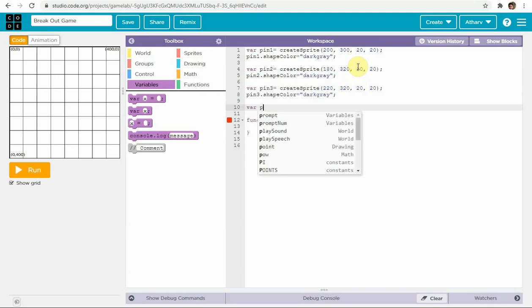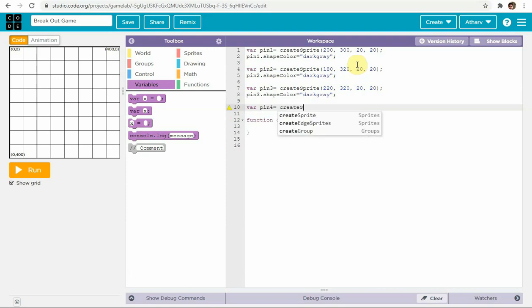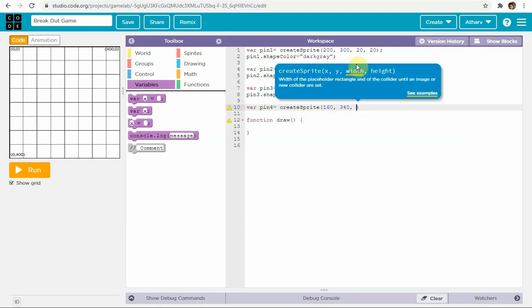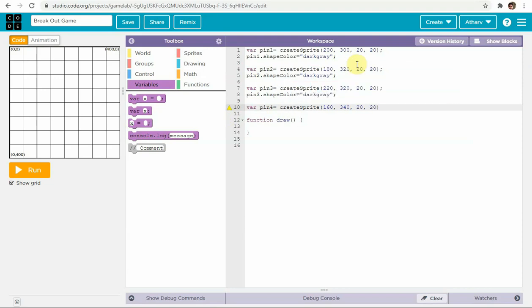Var pin4 equal to createSprite, then 160. This createSprite function helps us for the placement of the sprites. 160, 340, 20 and 20, right?